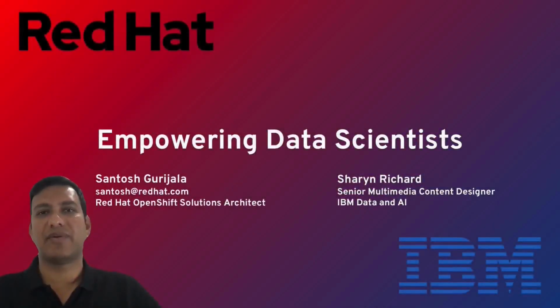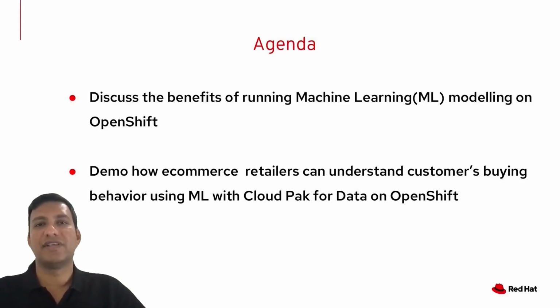In this partner collaborated video, Sharon Richard from IBM and I will show how data scientists can leverage Red Hat and IBM technologies to make decisions based on machine learning. In this video, we will discuss the benefits of running machine learning modeling on OpenShift. Then Sharon will demo how e-commerce retailers can understand customers' buying behavior using machine learning with Cloud Pak for Data